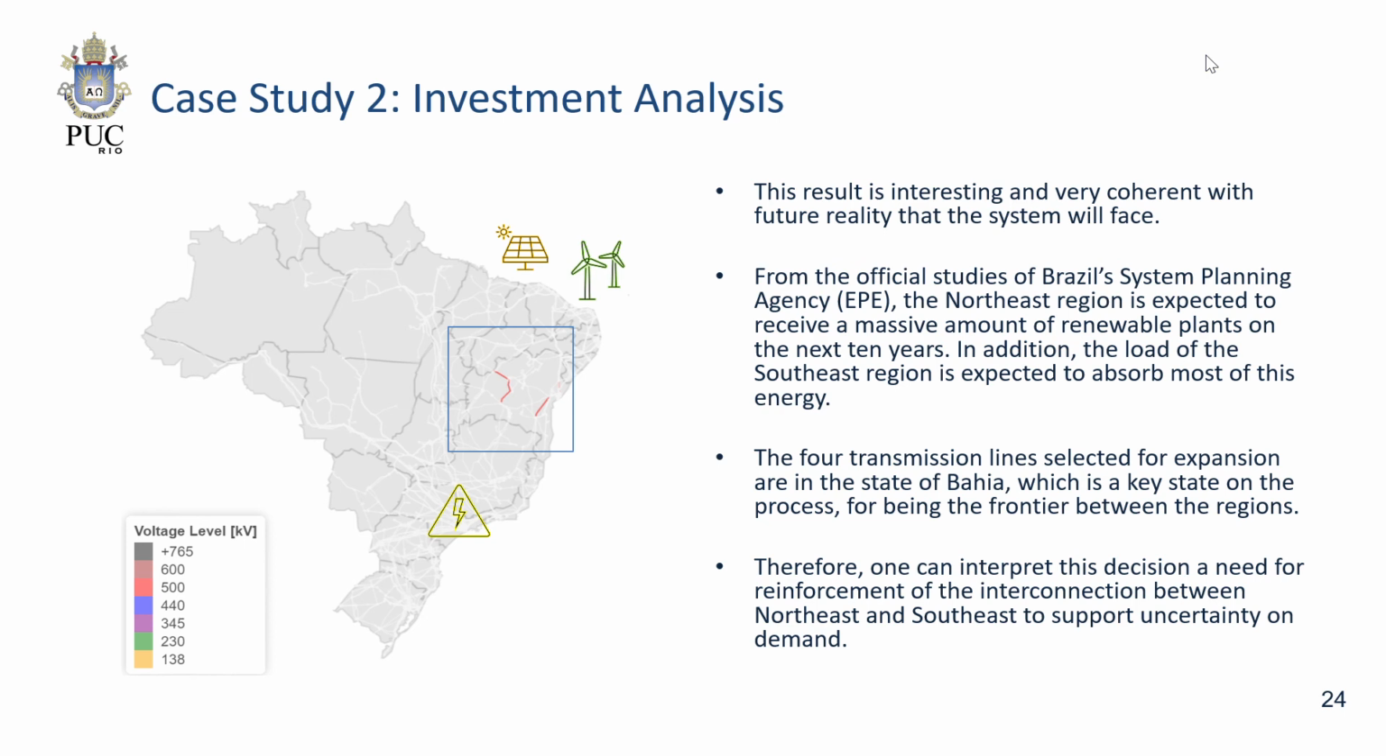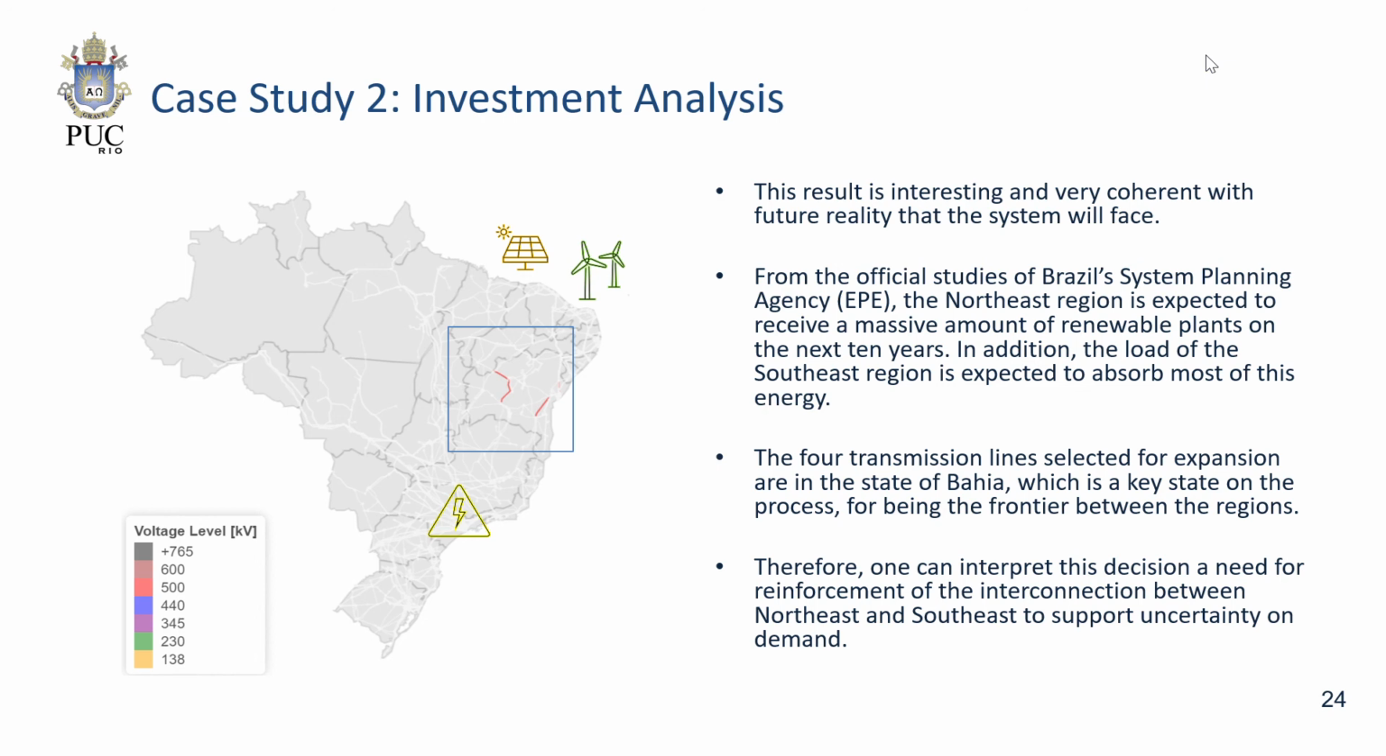So this is interesting because it's associated with a real dynamic of the system that is expected to happen even more significantly in the future. So we have a lot of renewable energy coming up in the northeast region, and all of that energy should flow to the southeast region where the load is highly dense and concentrated. So the fact that all of the lines were built in the state of Bahia and have high capacity of power transfer,